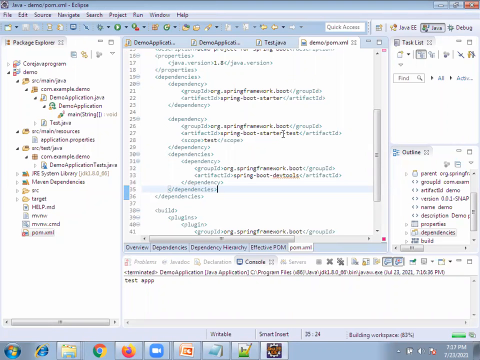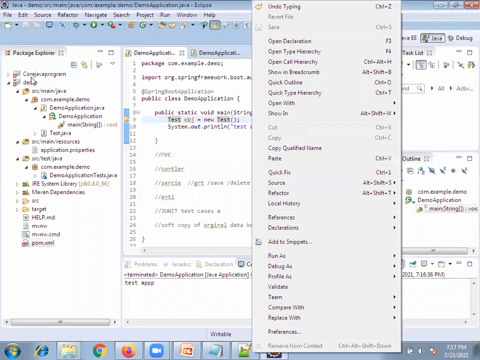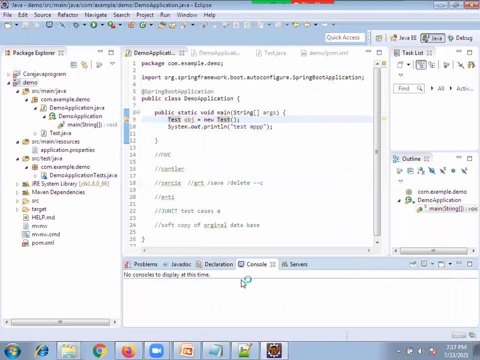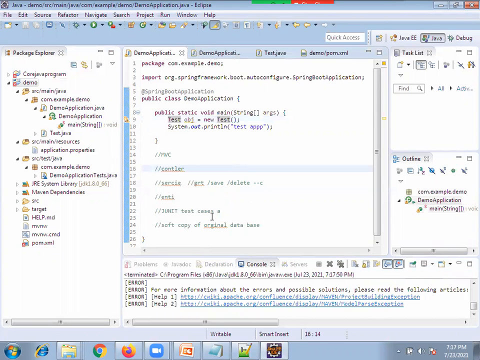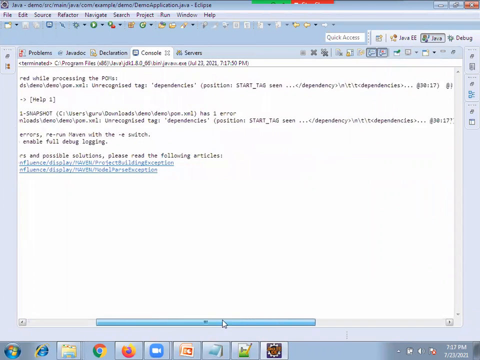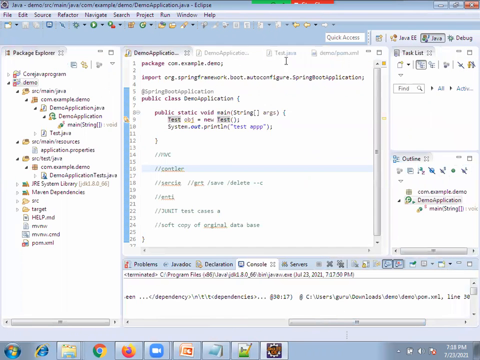You run this application, and it automatically runs. That is what we are going to see. Wait one minute. Now the project is done. Now come here, right click, just demo, right click, run as Maven clean. I am doing it now. Let's see what will happen. What is it saying? Something we have done is a misconfiguration. Let's go and see this.